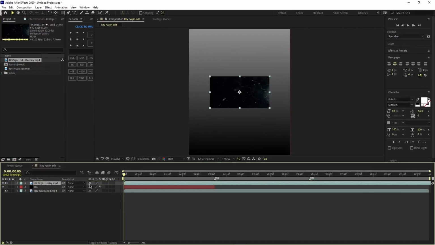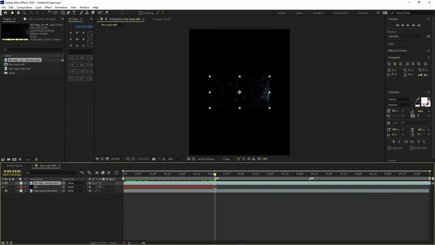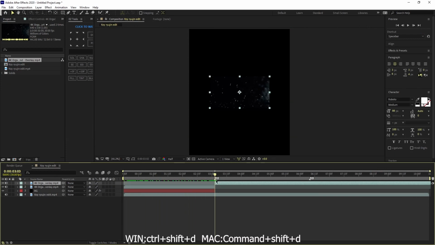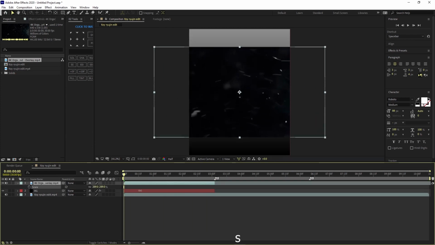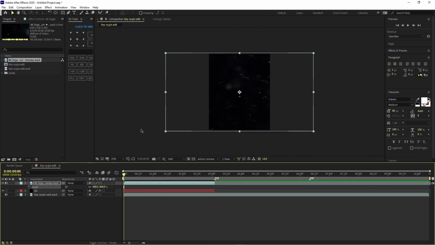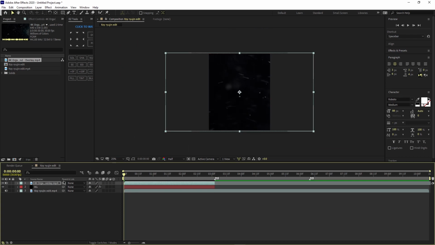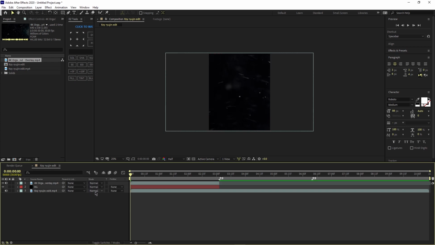So what I do now is put that above my background layer and cut it so that it fits the duration with Control Shift D. Scale it up by pressing S on it, like this. You don't necessarily have to do that. If yours looks like mine, with all these cubes, you just press toggle switch modes, so that something like this appears, the modes and the track mats,